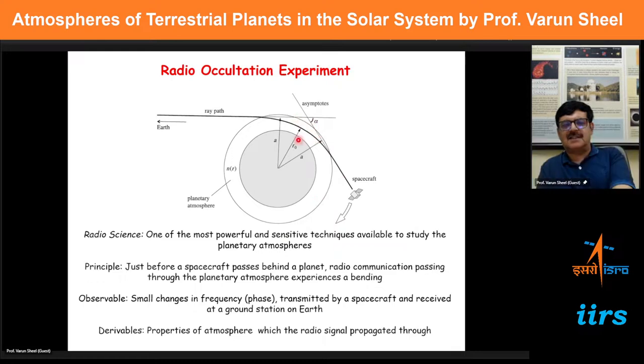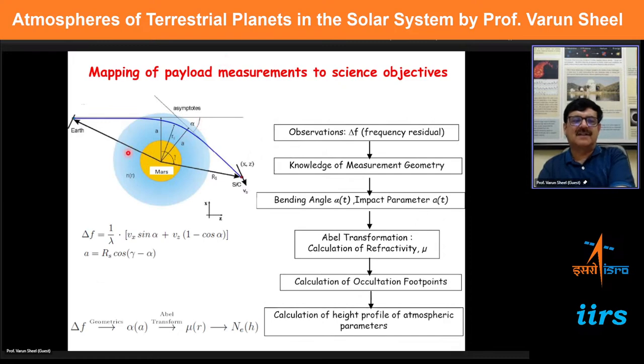So only in this amount of time are you able to observe the atmosphere, and then it goes back in the orbit and goes far from the planet, and then it is again in the direct line of sight of the ground station on Earth. Then there is no occultation. So this comes once in the motion of the satellite, and the phase shift is then observed at the ground station.